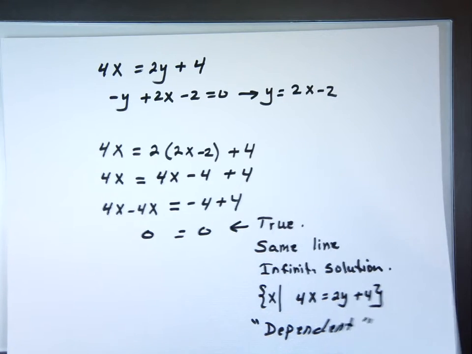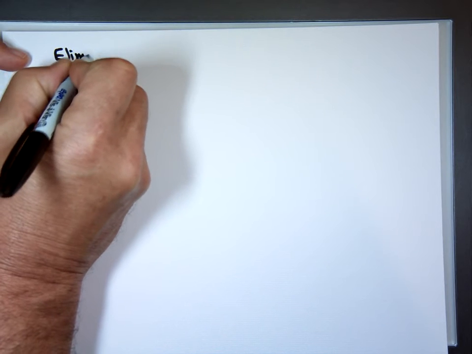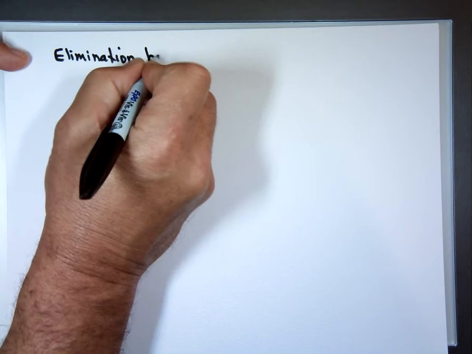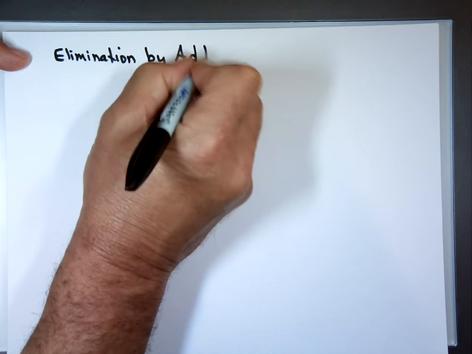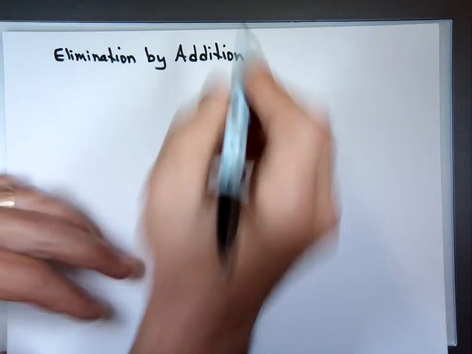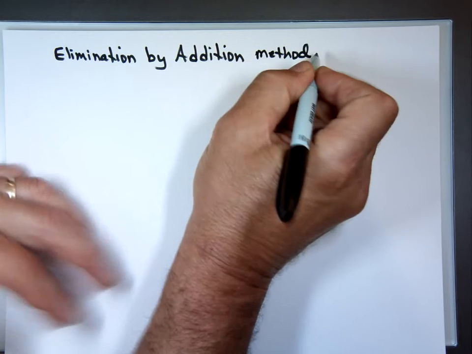Another method besides substitution, a lot of people say, I'm not a fan of substitution. It's called the addition method. I like the old names. In an old math book, we used to call that elimination by addition. And if you listen to that name, elimination by addition,